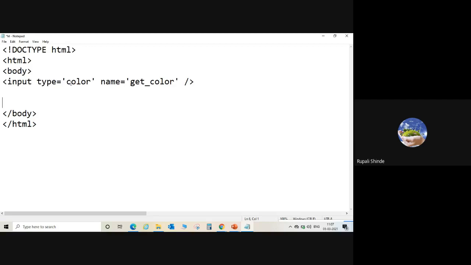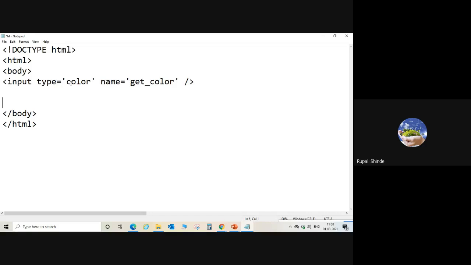Both of these are very important attributes: type, name, and one more attribute, value. We will see it afterwards, but value is also an important attribute. There are more attributes we can add, but now we are just going to see type and name.